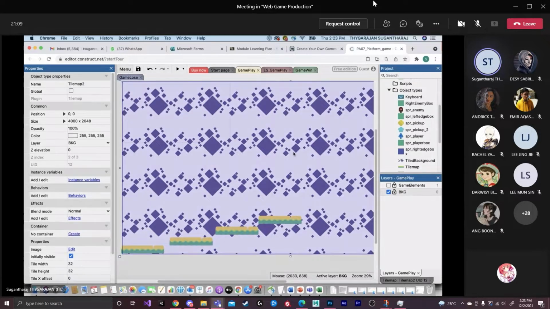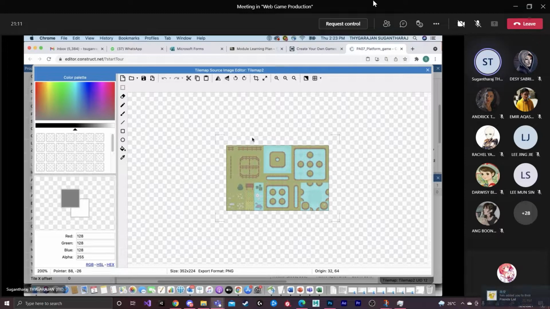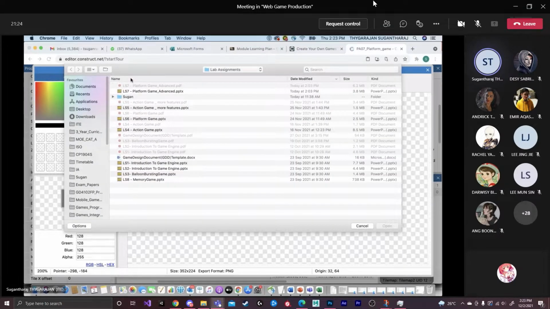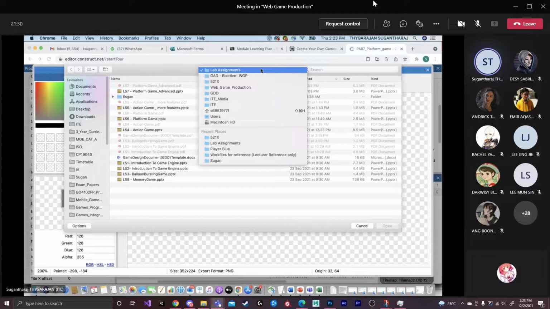Then I click, and you will be seeing this particular background screen. When you want to set the background, you must have downloaded all the assets, right? You go to your location and you will be seeing all your assets. Let me choose the assets.